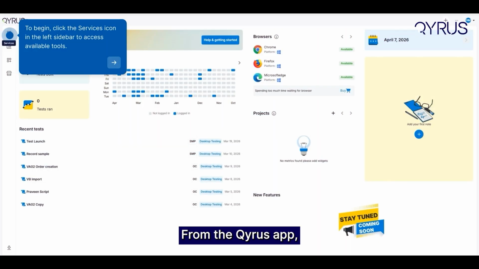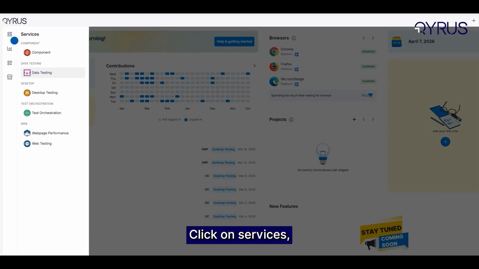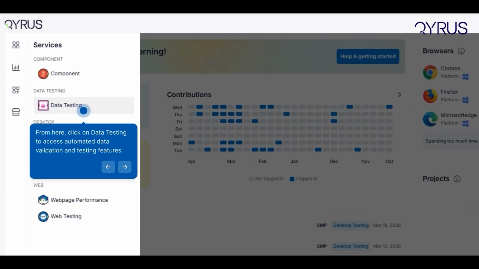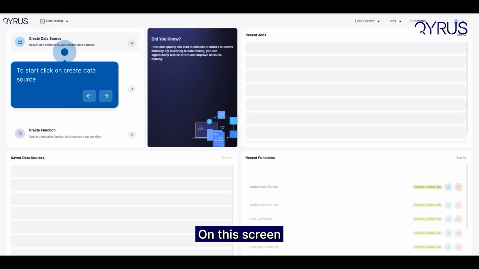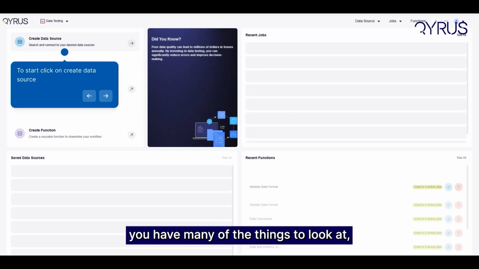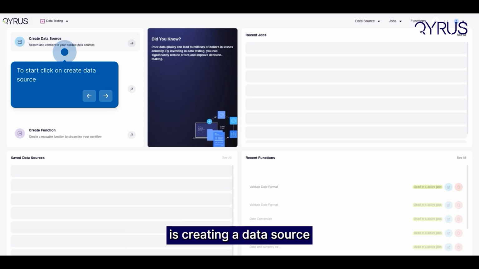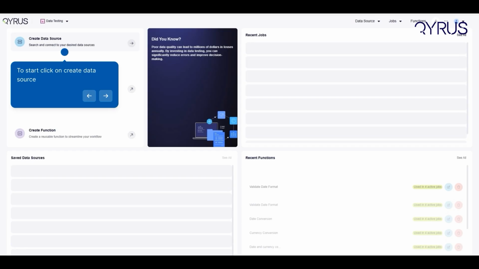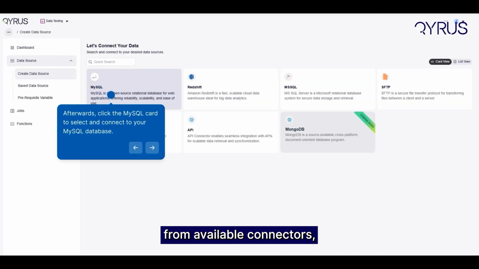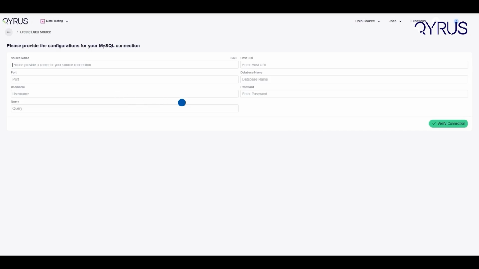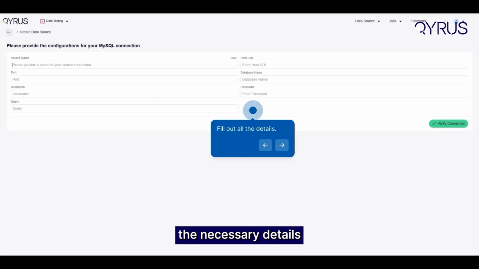From the Qyrus app, click on Services, then select Data Testing. On this screen, you have many things to look at, but right now what we'll be focusing on is creating a data source. From available connectors, selecting the appropriate connector, filling out the necessary details regarding the DB,